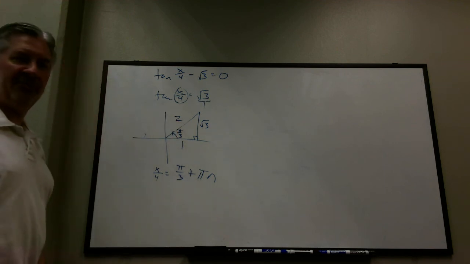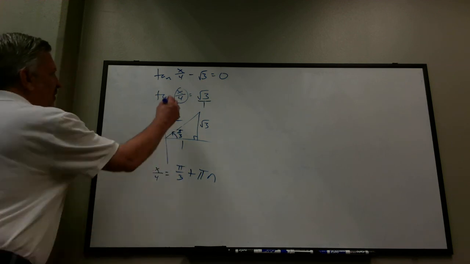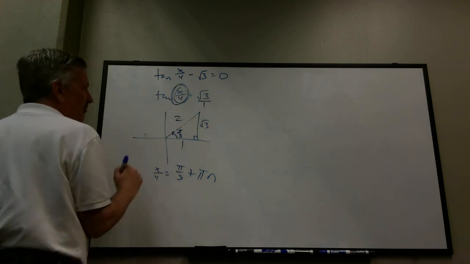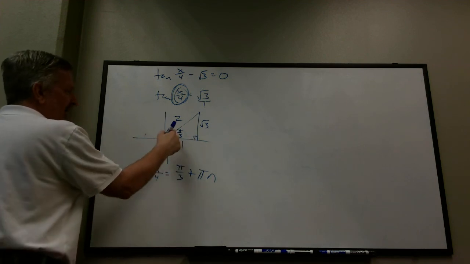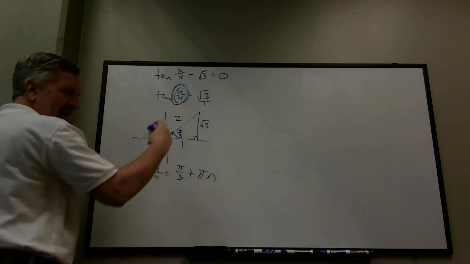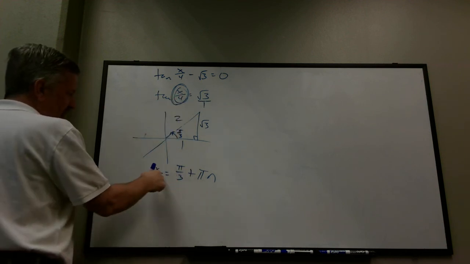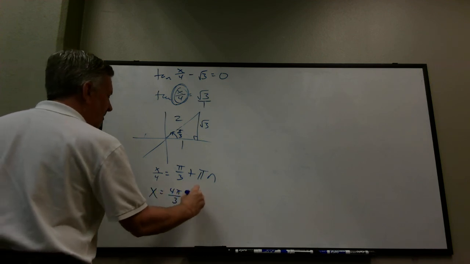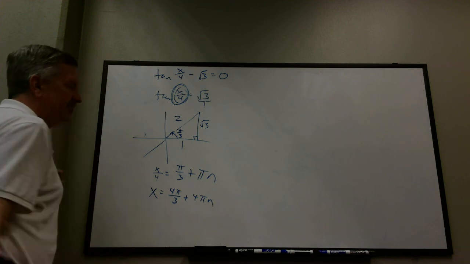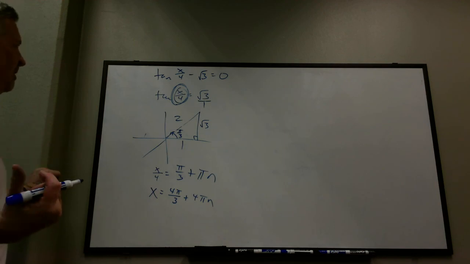But now let's just solve for x, right? X over 4 is this, right? I just thought of this as an angle. Tan of an angle is root 3. What are the solutions from 0 to pi? Pi over 3, and then you put the plus pi n in to get everything outside of that first quadrant. How do you solve for x? Just multiply all the way through by 4. So x is 4 pi over 3 plus 4 pi n, where n's an integer. Okay? So that one's not so hard. Again, the hard part with these problems is figuring out